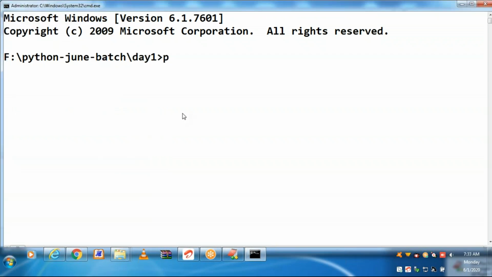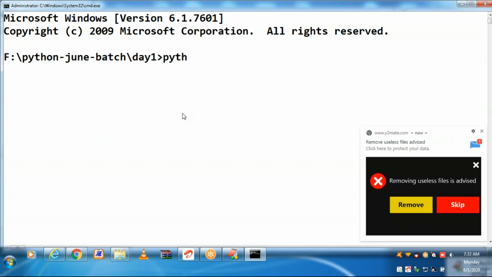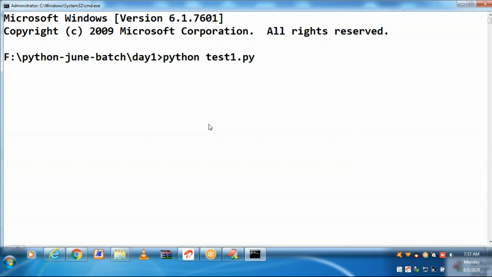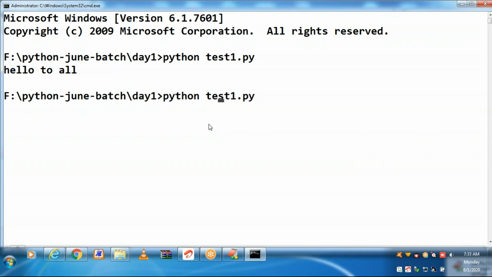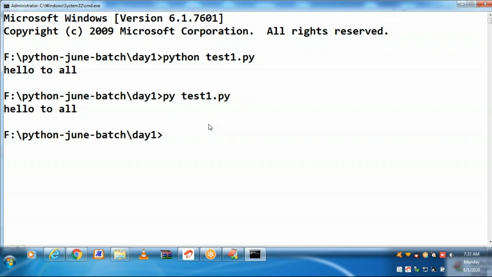Now you can use python as a command to run test1.py. Python space test1.py. Otherwise, you can go straight away with py. I will keep using py every day.